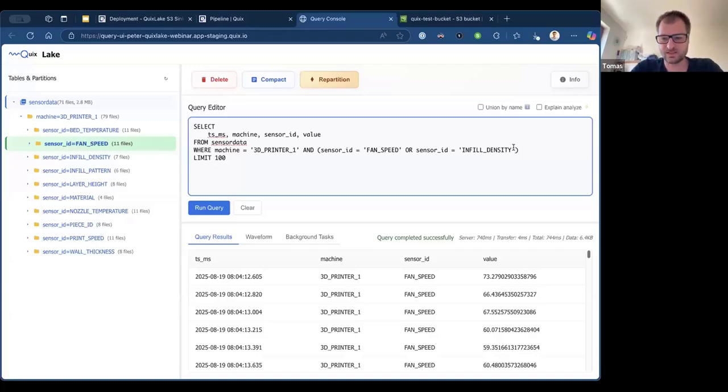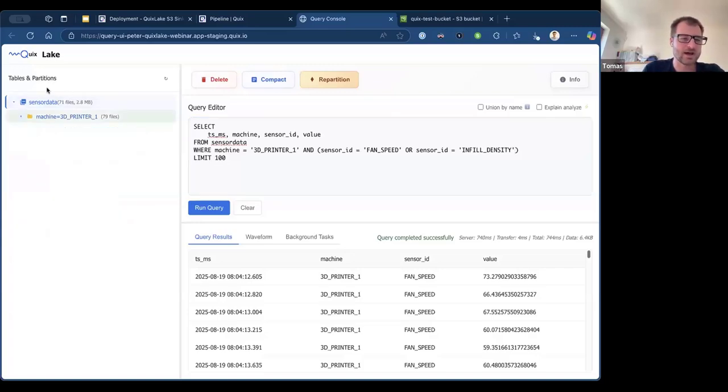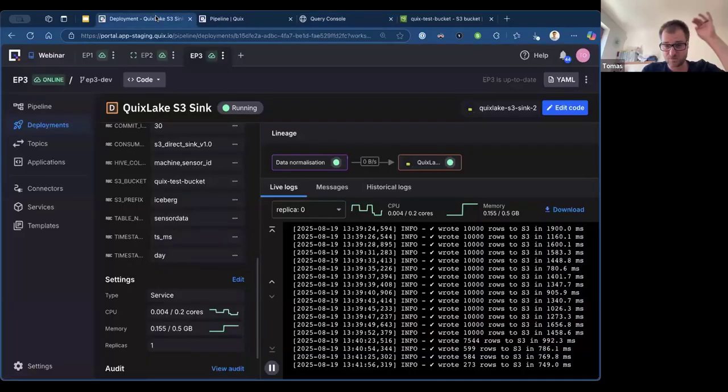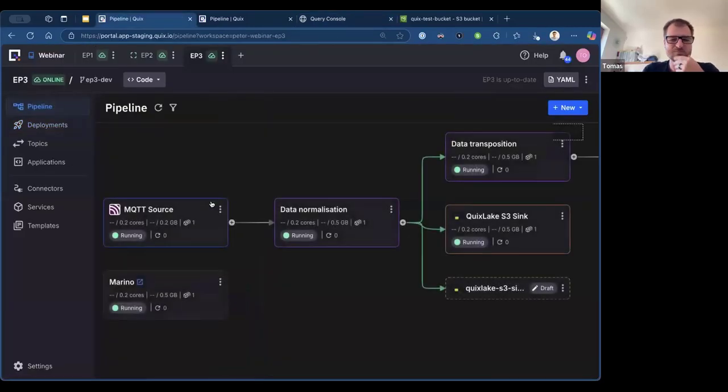So that's where this gets to its limit. The second problem is, what if I want, for example, to get the data where I want to get a fan speed when bed temperature is in some region. It's the same problem. I'm cross-referencing the columns, and it's not going to work. So this is where, if we go back to our pipeline,